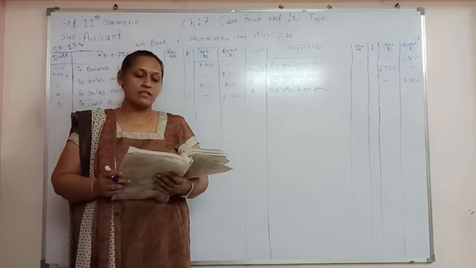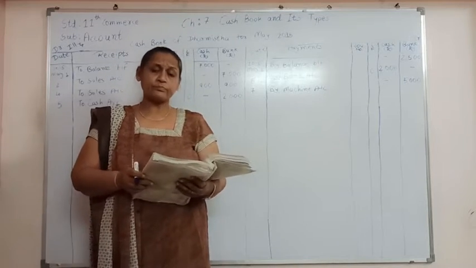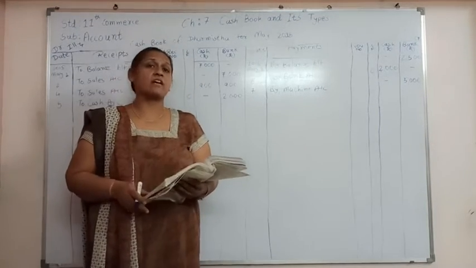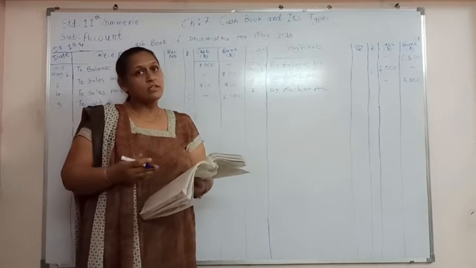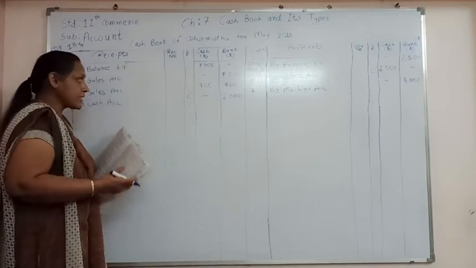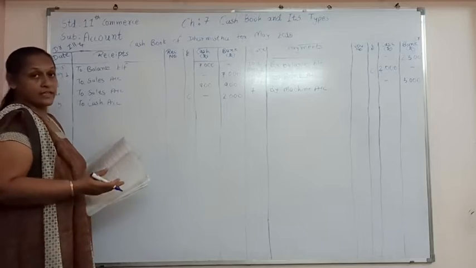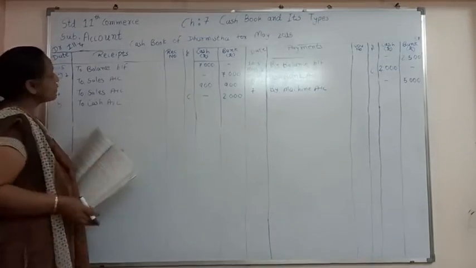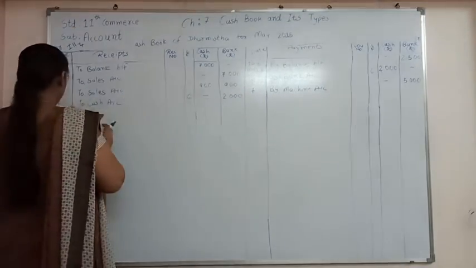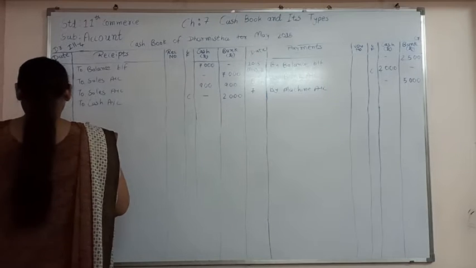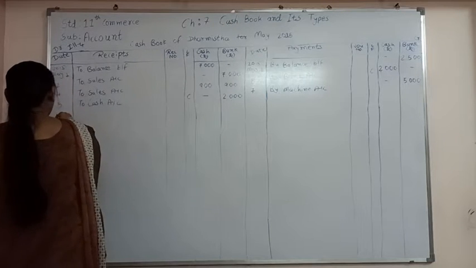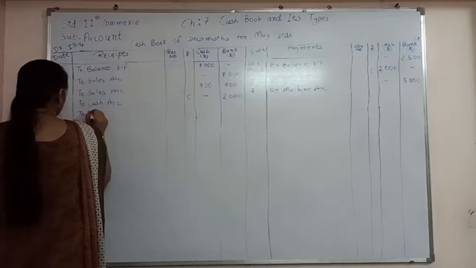Now next, on the 9th, cheque of rupees 6,000 is received from Mansi towards the receivable, which is immediately deposited in the bank. So here Mansi has issued a cheque for the receivable, and we have deposited it in our bank account. So that is our receivable, and we are going to write it on the debit side, on date number 9, to Mansi account.